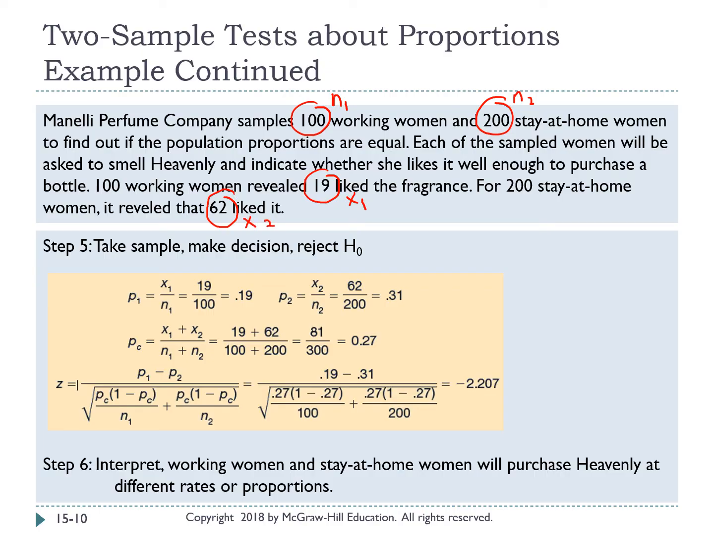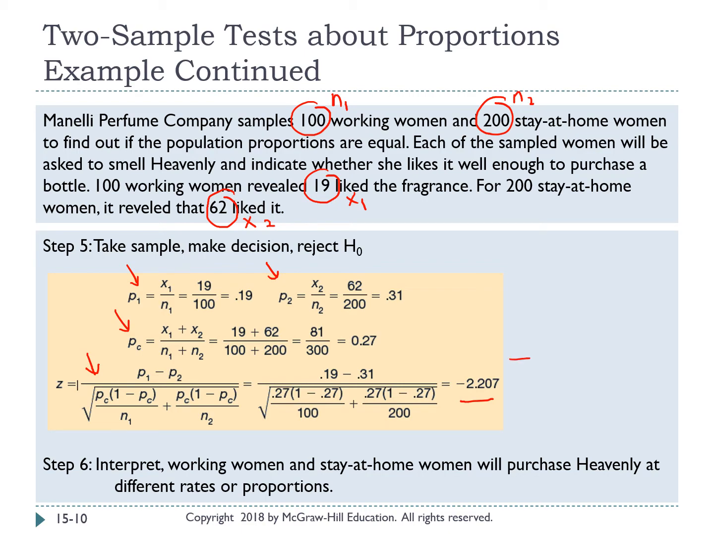Okay, given all this information, we can compute our proportion 1 and proportion 2 together with the combined proportion. And all these three information can be plugged into our Z formula and will give us the Z value equals to negative 2.207. Step number 5, we have to make a decision by comparing our CV with the Z